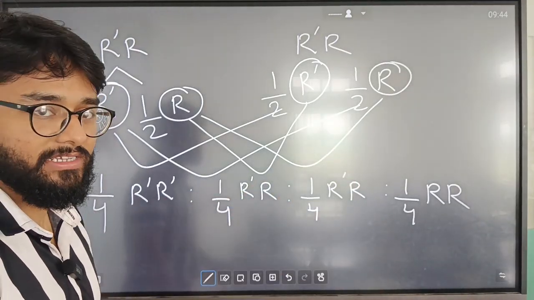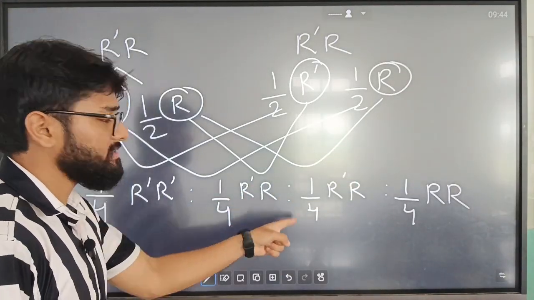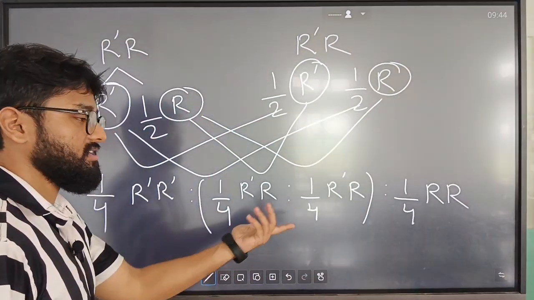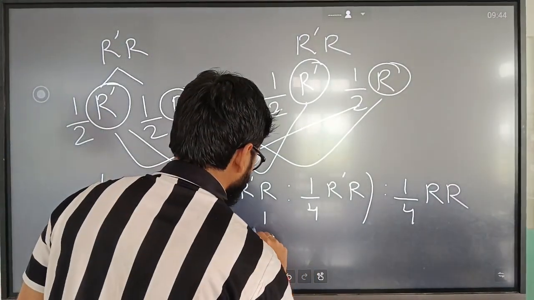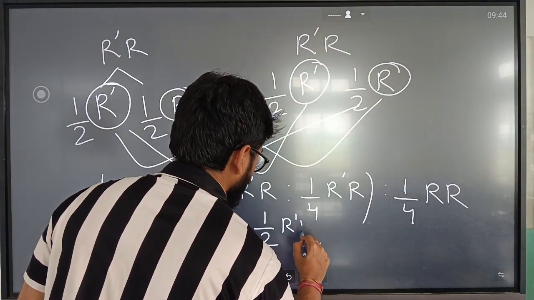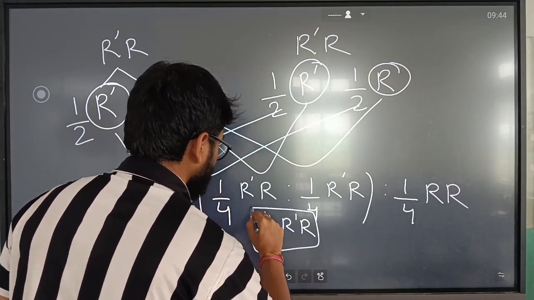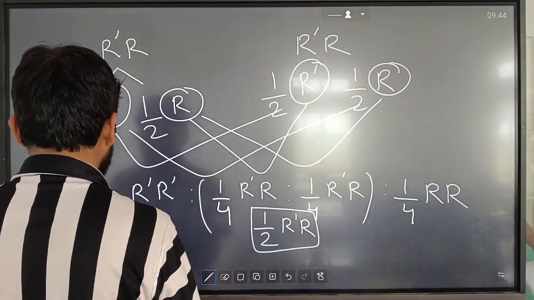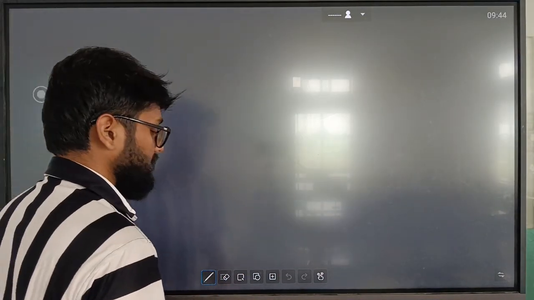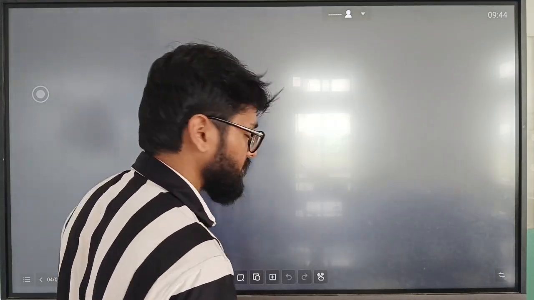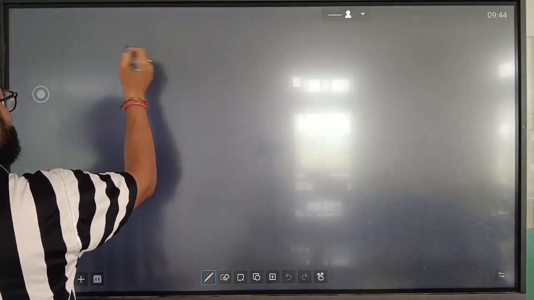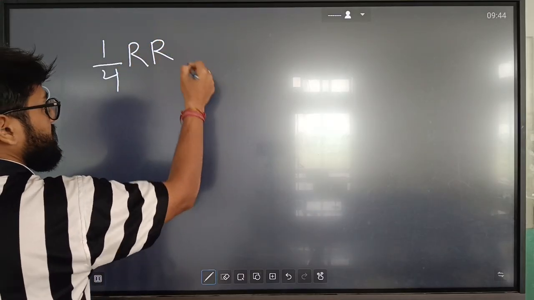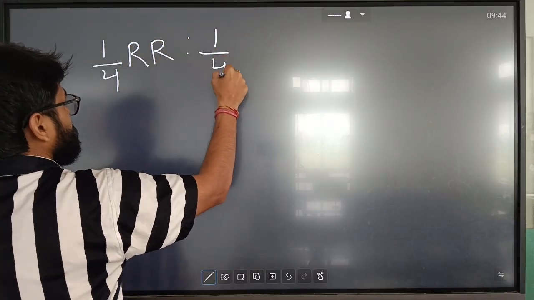This is the probability that you will get. Can we add these two? Because they are basically the same. We do add these and we get half R dash R. Okay, to simplify it, this is the genotypic ratio. How do we get it? We got 1/4 of possibility for R and R, correct? We got 1/4 of possibility for R